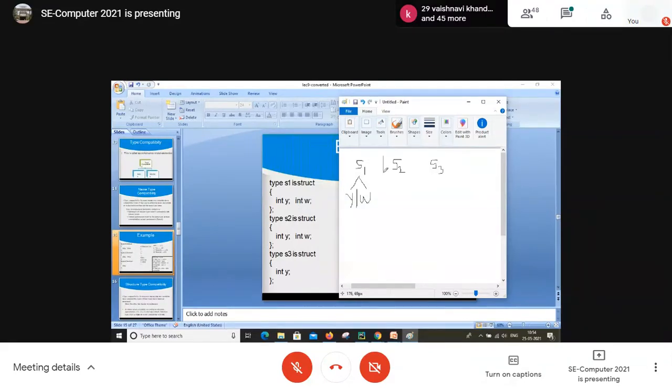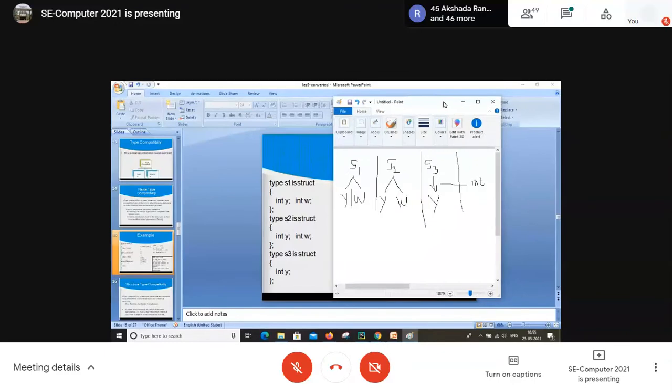Try to understand this very properly. I'll show you this concept in a graphical way. S2 is a structure which consists of 2 variables, y and w, of type integer. It is still all related to numbers. If it were any other data type, we would have to write it, but since everything is of type integer, I'm not going to write integer. And S3 is a structure which consists of only one type of information, which is integer. So numeric data is used in the complete structure. So this half part is complete.